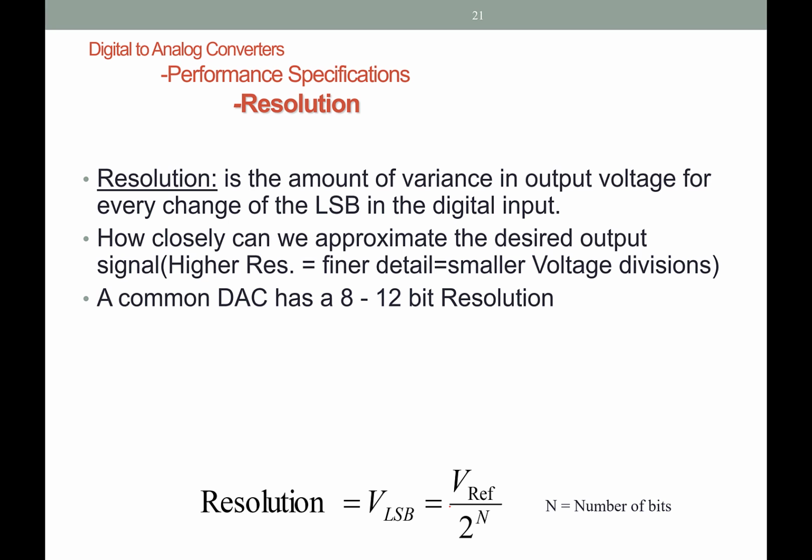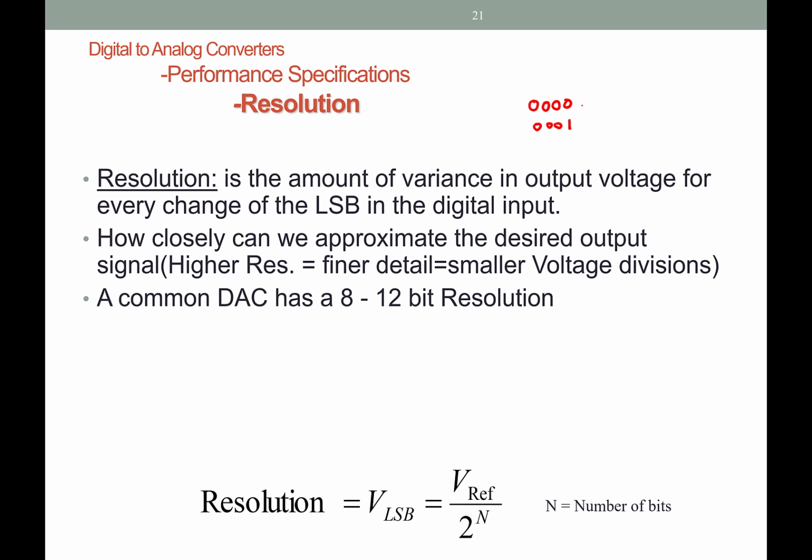So let's first talk about the resolution. It says here resolution is the amount of variance in output voltage for every change of the least significant bit in the digital input. So basically what that's saying is, how much voltage does one bit change? Like if you had a 4-bit number, what's the voltage change between 0000 and 0001? Now you have to know the reference voltage before you can do that,